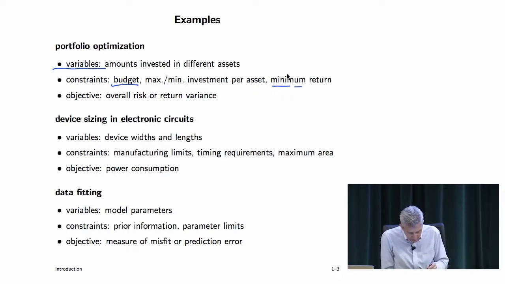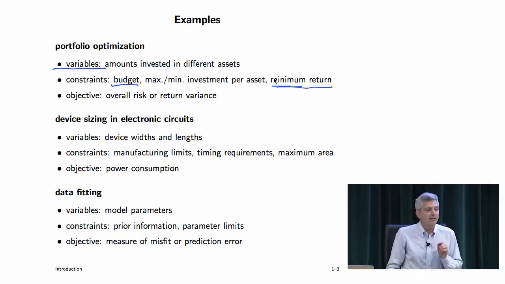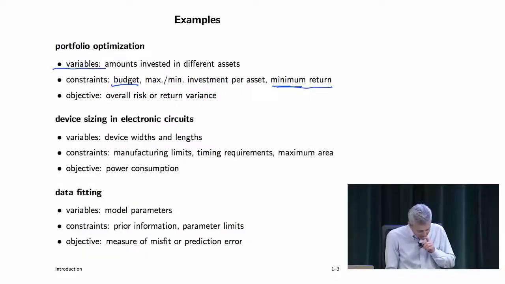Another very important one would be a minimum return, right? And that's of course expected return. If there's a minimum guaranteed return, that's called an arbitrage. That's the religious basis on which modern Western economics is based, on the idea that there is no such thing as arbitrage. Actually, a lot of people at hedge funds will snicker and say, "Oh yeah, sure." Okay, so you might say, "I want 5% expected return minimum."